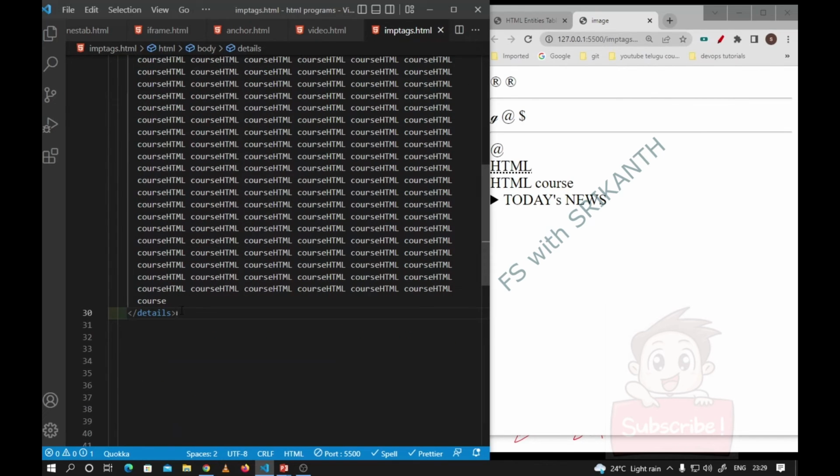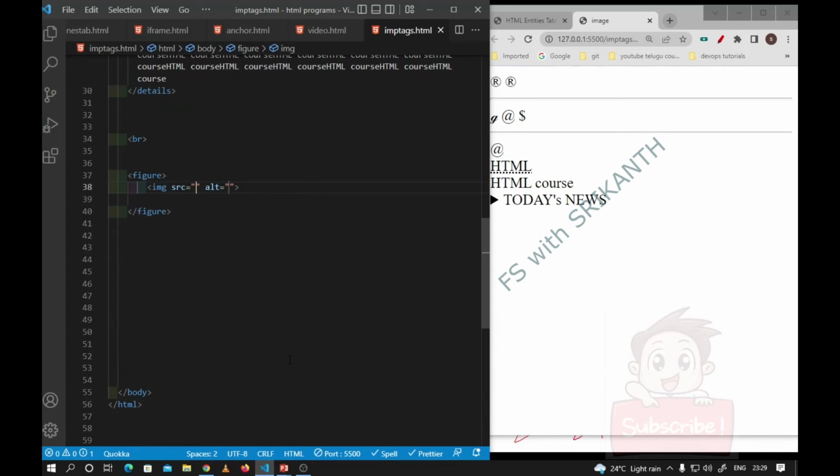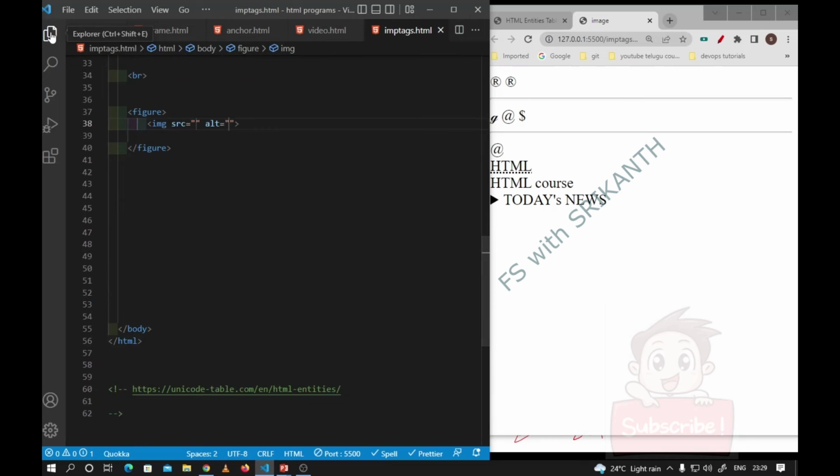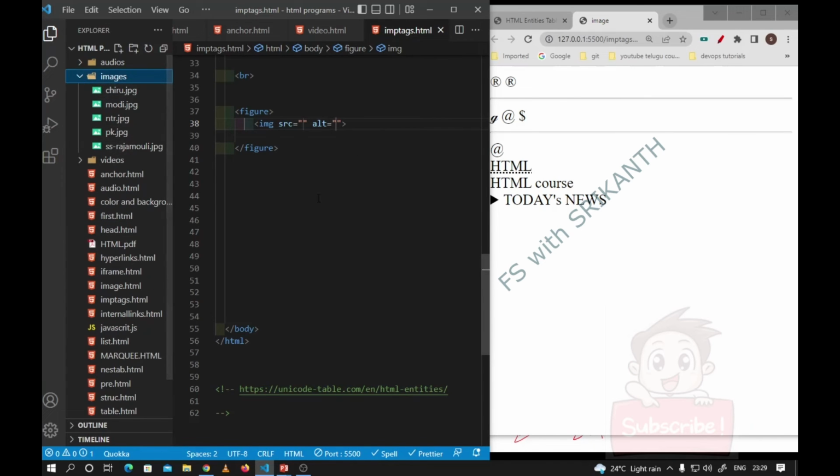The next important tag is figure and Figcaption. I want to use figure. In a figure tag we may place some images with the img tag, and we already have some images in this folder, NTR and so on. So here I want to place src/images,